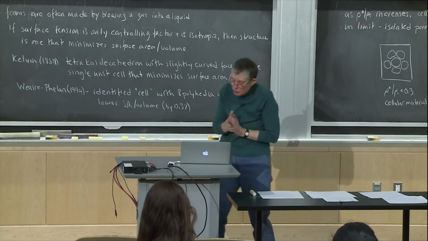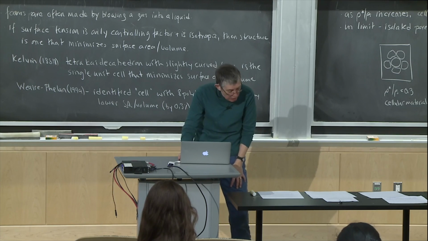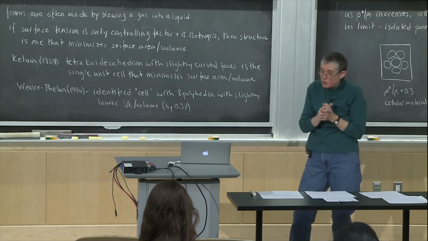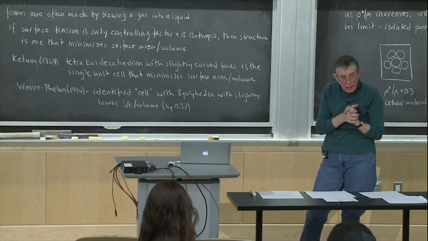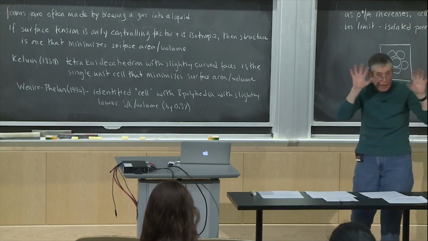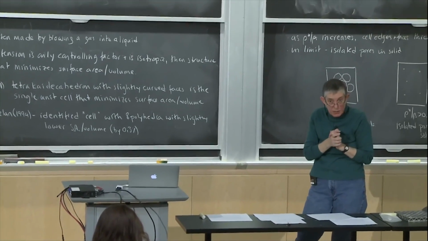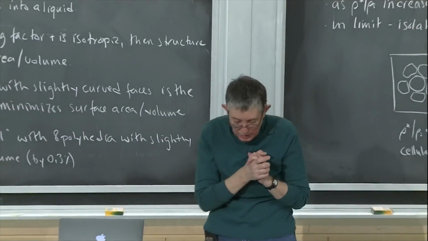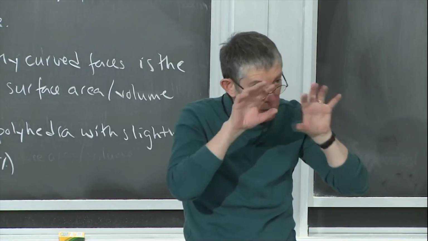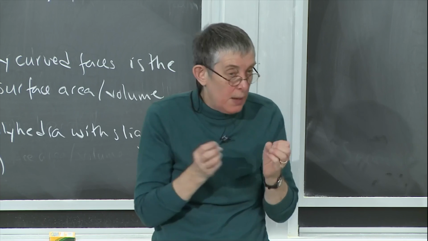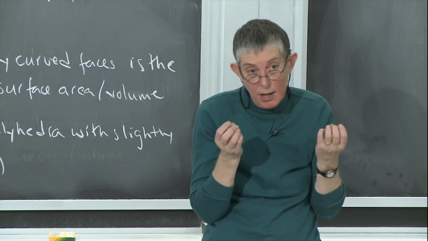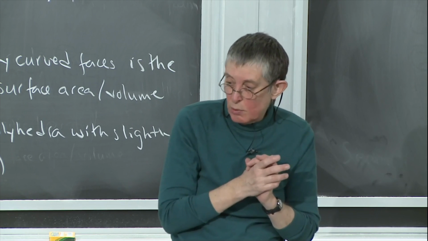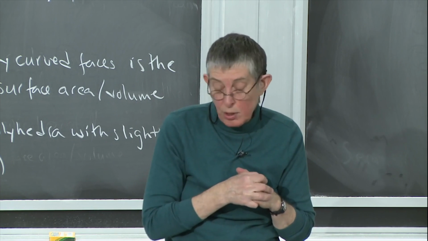And if you have a nucleation and growth process, you get a structure that is similar to something called a Voronoi structure. So in an idealized case, imagine that you have random points that are nucleation points and that you start to grow bubbles at those nucleation points. You start off with these random points and the bubbles all start to grow at the same time and they all grow at the same linear rate. If you have that situation, then you end up with this Voronoi kind of structure.